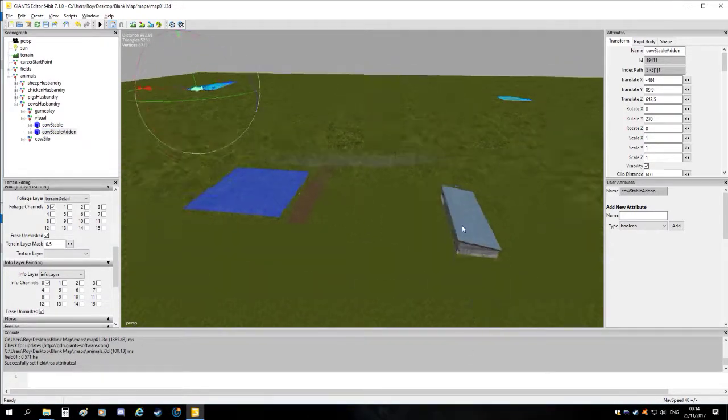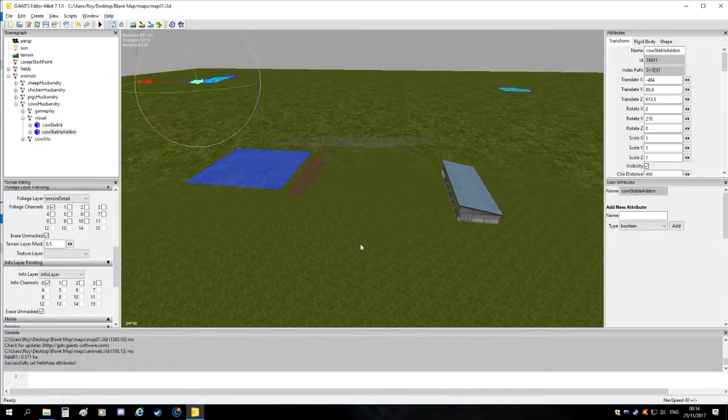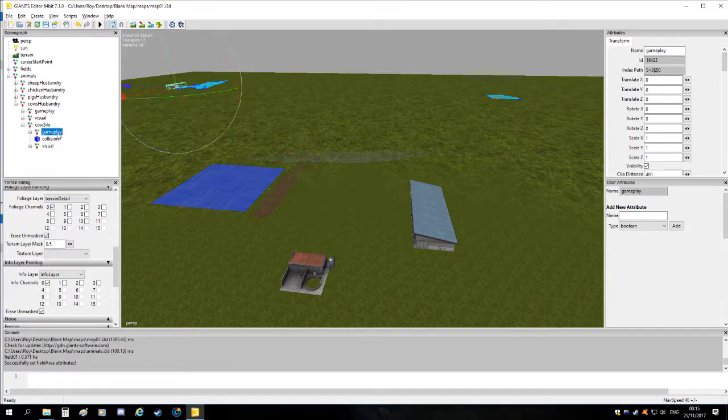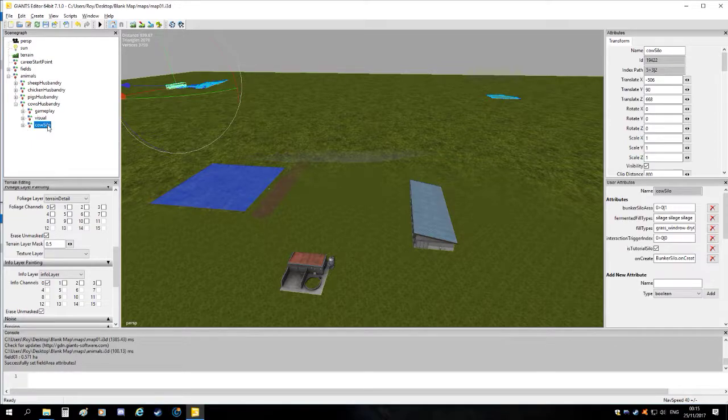Then the add-on, which is the manure and slurry. And this is the silage clamp,